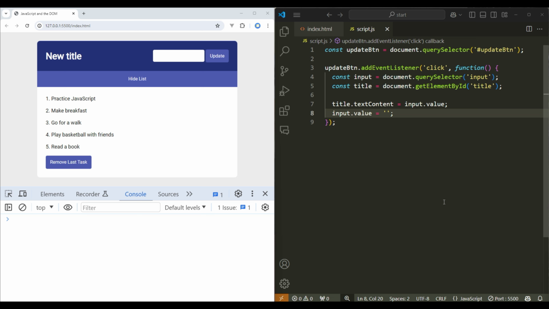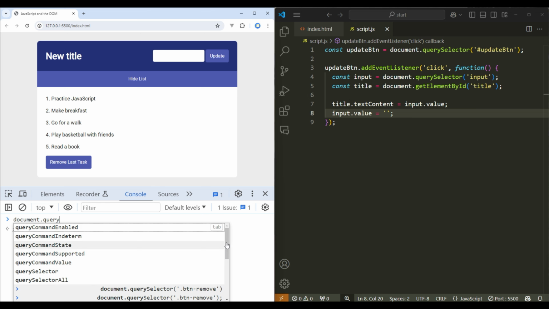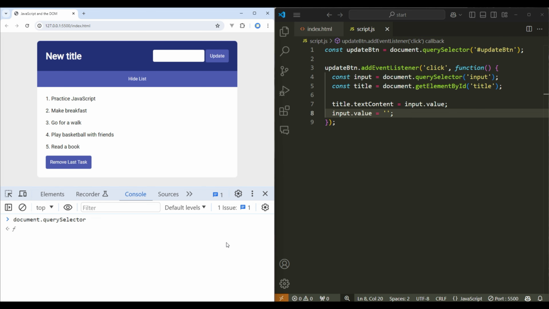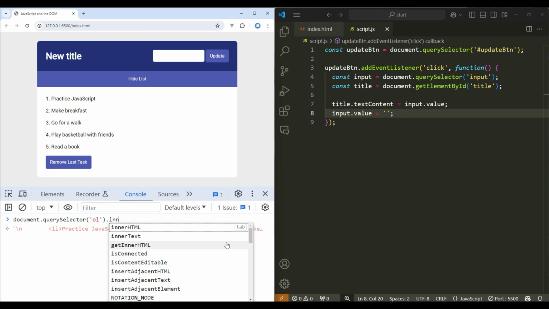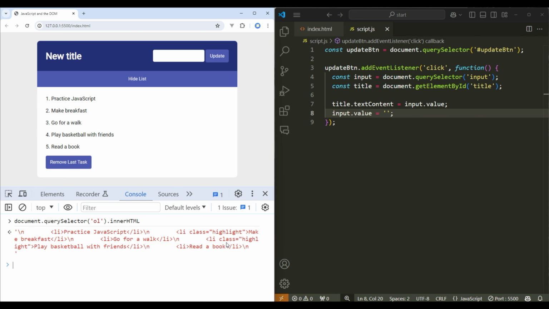Now, let's check the innerHTML property. It gets or sets the actual HTML markup contained within an element. For example, in the console, let's use document.querySelector, select the OL tag, and the .innerHTML property. If you hit enter, you can see it returns the string of all li elements inside the